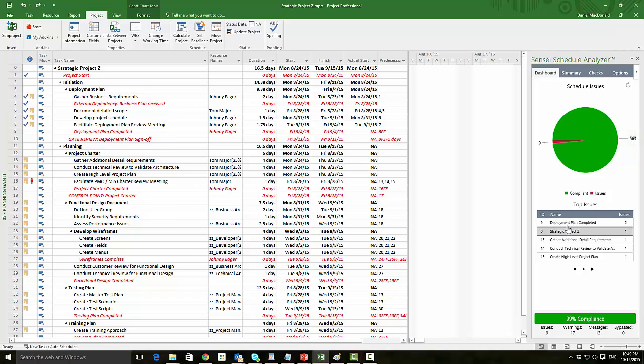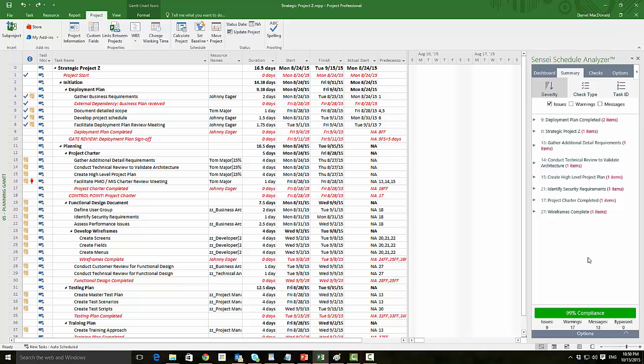And then down here is a table that shows the tasks that have the most issues. We can also see a view of the issues by severity. So we have 9 issues, 17 warnings, and 13 messages. And again, the table shows the tasks sorted by the number of compliance items. I'm going to select issues and drill down and see what those issues are. You can see right now that we have